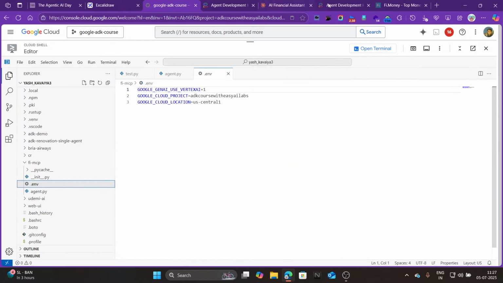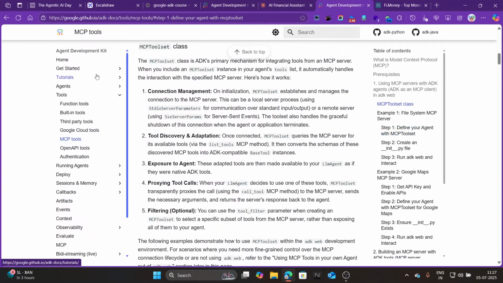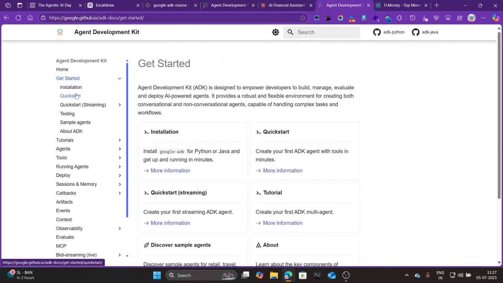Basically this method is not working, so let's go back to basics and try to use AI Studio for authentication.